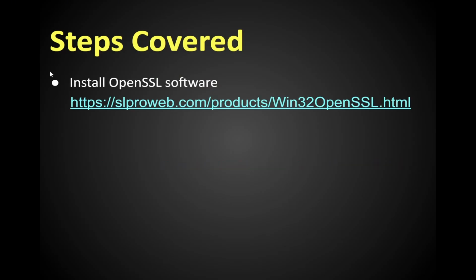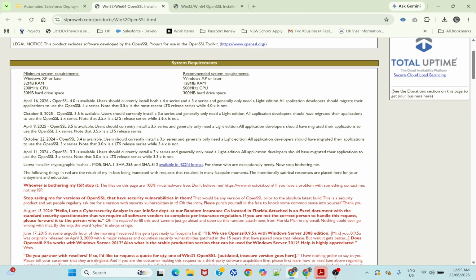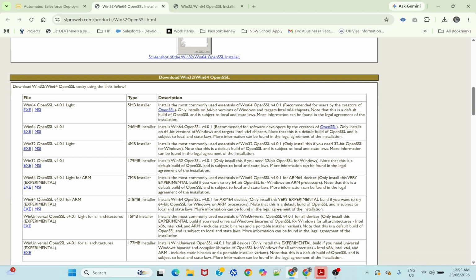So you can see we will cover this step to download the OpenSSL software. This is the link we will use to download OpenSSL on our machine. Let's click on this. It redirects here, and here you can see we have different versions. As per your machine, you can download the software. My machine is Windows 64, so I will download this light version. Click on this exe file,